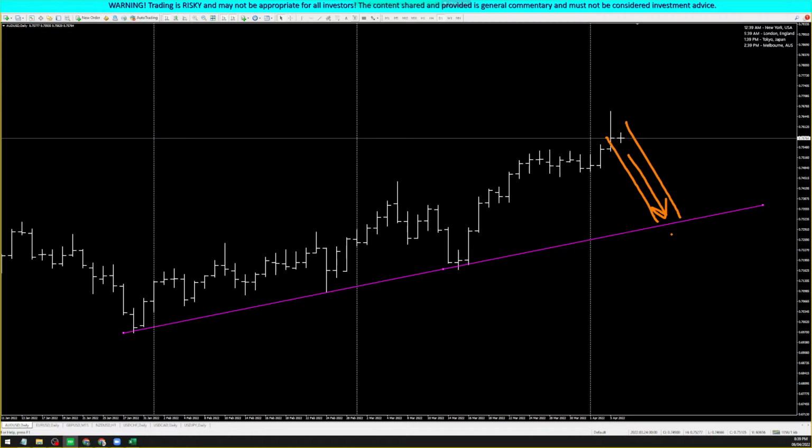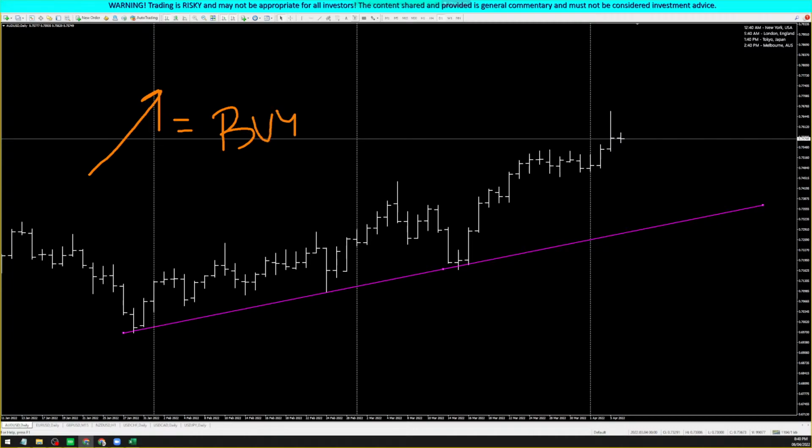Okay, so ibig sabihin, by just looking at this data right here, my bias is a sell, right? My bias is to look for a sell more than a buy. Okay, bakit? Alright, bakit sell, Ken? Sabi mo uptrend eh. Okay, ganito kasi po, right? Basic concept of trading the currency market. If the price is going up, okay, we tend to buy as we expect to collect pips. Okay, we collect pips from the market's move, and that's where we make money from.